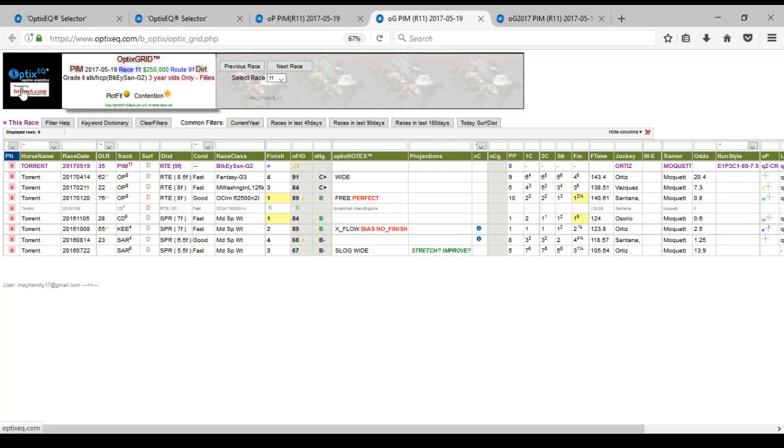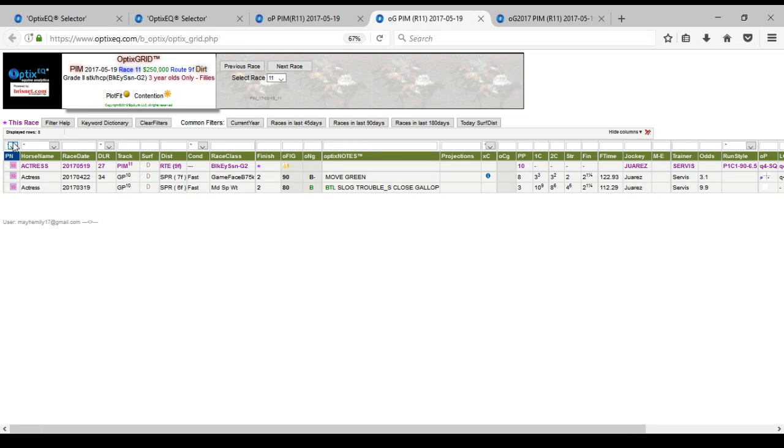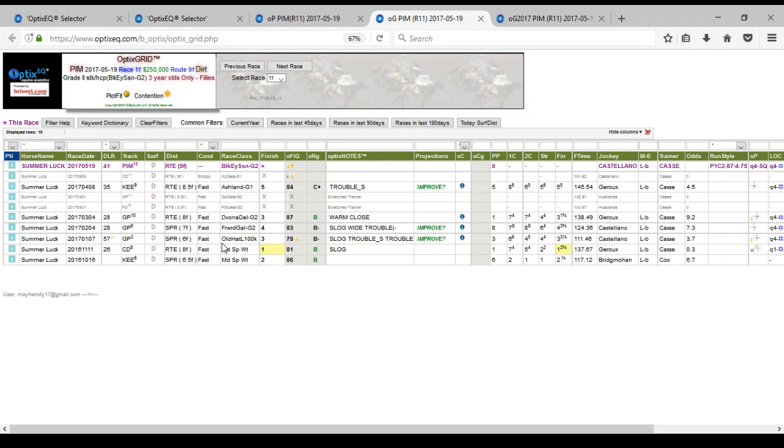I know I'm working on both grids here. We are still kind of figuring out all the kinks to the new grid, but it's coming along awesome, and hopefully we'll get that out to you